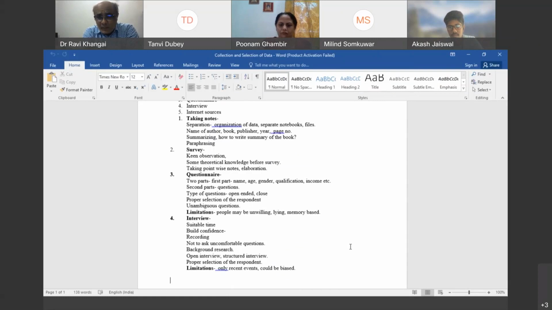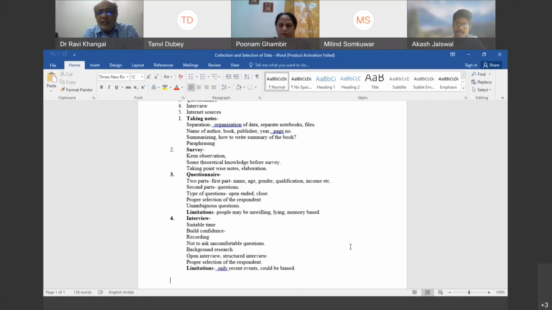For example, in case of history, let us say you are taking a fairly current topic, like somebody working on Baba Amte. Then it is quite possible that a person who has worked with Baba Amte has forgotten certain things. Things have taken place 50 years back, 55 years back. They have forgotten something. It's quite possible that some people may lie also. They may want to project themselves as a very close person of Baba Amte. Somebody may also have a kind of dislike for Baba Amte. So you have to take all these things into consideration when you collect your answers. Not everything that you get in the answers is to be believed and trusted. That needs to be scrutinized.